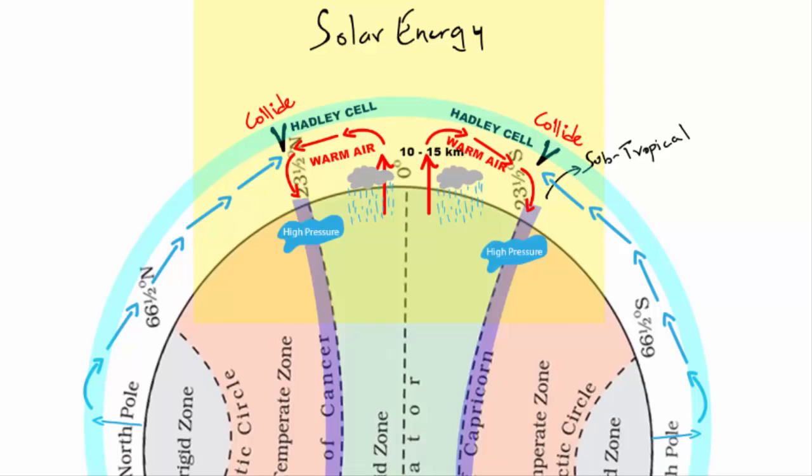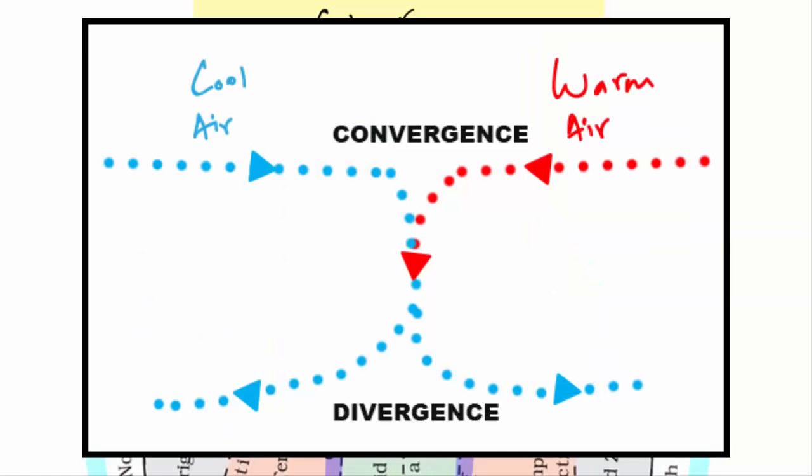It makes it all the easier for the warm air to sink over the subtropical region and become the subtropical high. Because converging means sinking, and that's what creates a high pressure belt. Anyways, just keep in mind, warm air and cool air collide and sink at the subtropical region, giving rise to the subtropical high. Another important point to remember is, when air sinks and comes down closer to the surface, it again gets divided into two parts. One part of the wind heads back to the equator and the other goes towards the pole. Just keep this in mind, I'll get back to this in a while.